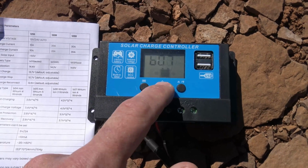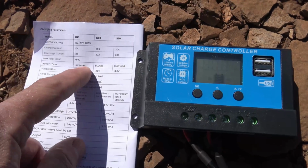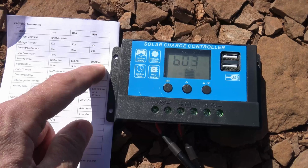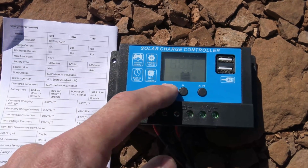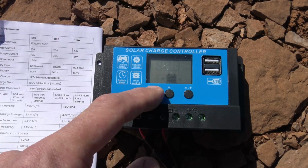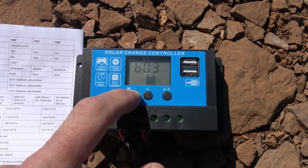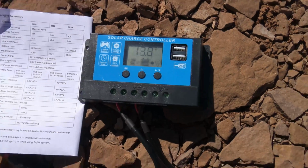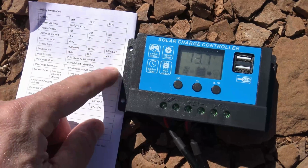But for us, we need to go to B03. We have a flood battery. This is a lead acid battery. So now we'll push and hold, and we will enter that value into the charge controller. There we go. Now it resets, and it's going to give us the parameters based on this setting